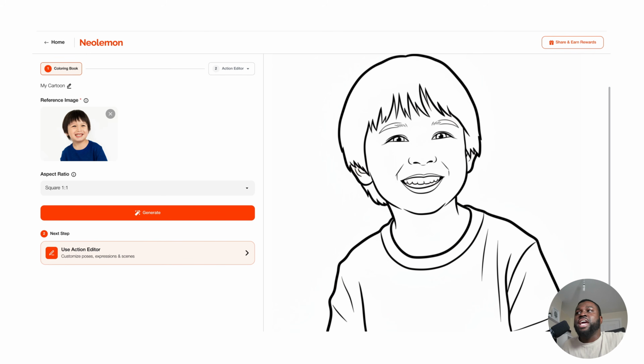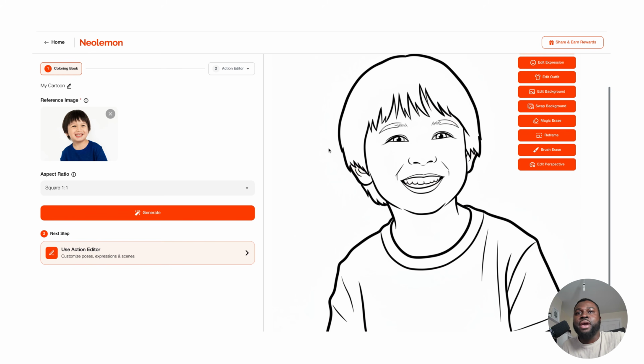And you can see it's done a great job in being very consistent with the image of the boy. It's got the exact same hair, the t-shirt the boy is wearing, and a very similar expression. So it's done a fantastic job of just generating this within seconds. Imagine if you had to actually draw this out and do this yourself. And it's just created a fun coloring page that maybe you can give to your kid to color in themselves and just create that fun, memorable experience.